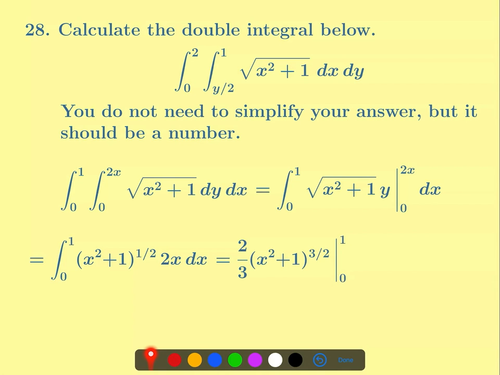I want to evaluate this from x equals 0 to 1. So when I plug in 1, I'm going to get 2 to the 3/2. Again, don't forget to plug in 0. You'll have 1 to the 3/2. So this evaluated from 0 to 1 is going to be 2 to the 3/2 minus 1. So the final answer will be 2/3, 2 to the 3/2 minus